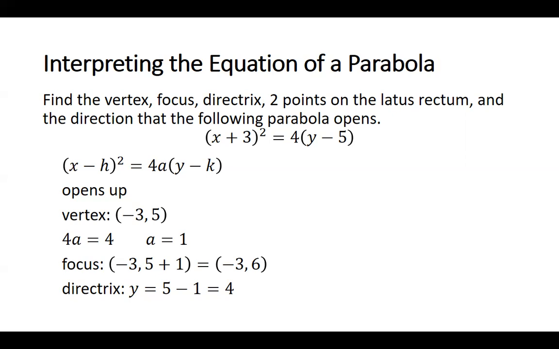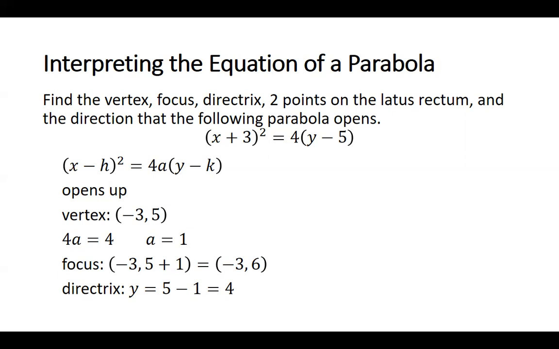So it's the line that runs through the focus that is parallel to the directrix, or perpendicular to the axis of symmetry. The 2 points on the latus rectum that we look for are where it crosses the parabola. That can be found by plugging in the correct value from the vertex. If we're opening right or left, then we plug in the x value of the vertex and find the two y values